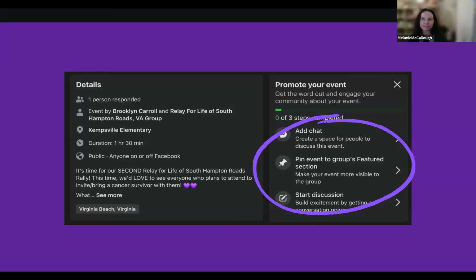Patricia also commented, and Elizabeth is going to respond to this, but in case others have the same question, she wants to know if we're able to change the automatic welcome post. Elizabeth said she can help with that. So if others are wanting to do that, I'm guessing reach out to your staff partner.